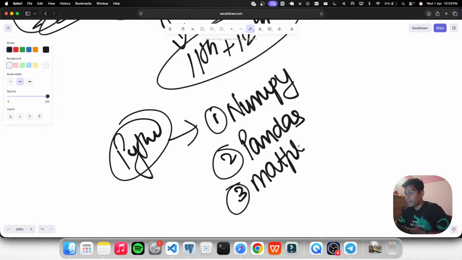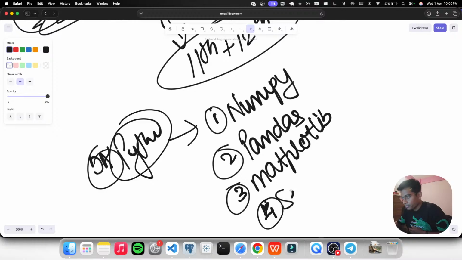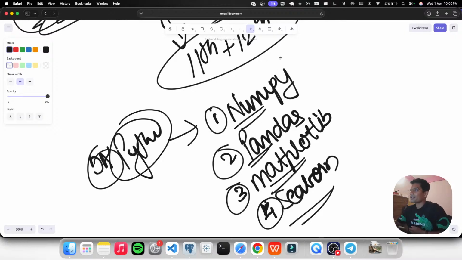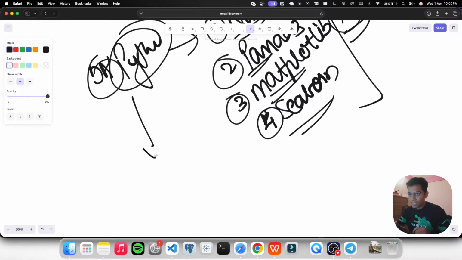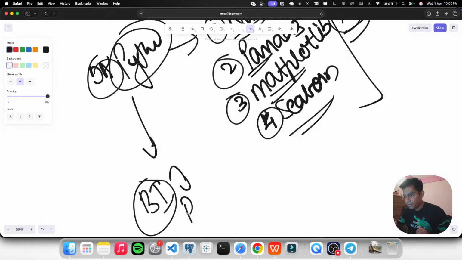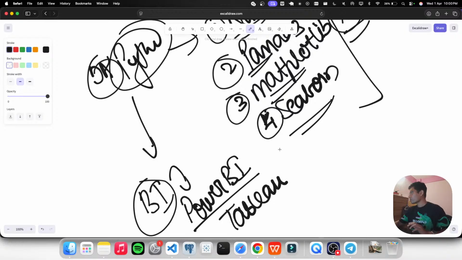ये मैं डेटा एनालिस्ट डीए के लिए बोल रहा हूँ, डेटा एनालिटिक्स, मैटप्लॉटलिब और सीबॉन, ठीक है। इतने अगर आप कवर कर लें तो लाइब्रेरीज गुड टू गो, ठीक है। और ये पाइथन में ही है, दैट्स इट। और पाइथन के बाद क्या करना है, मैं बोलूँगा कोई भी एक बीआई टूल पकड़ो जो भी आप कंफर्टेबल हो, जैसे कि पावर बीआई या टैब्ल्यू, एनीथिंग यू आर गुड टू गो।